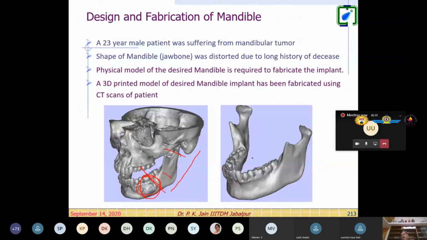So for this they want to have a lot of rehearsal, and for the design of the implant, to maintain the similarity of the human face, they have to do this, right?